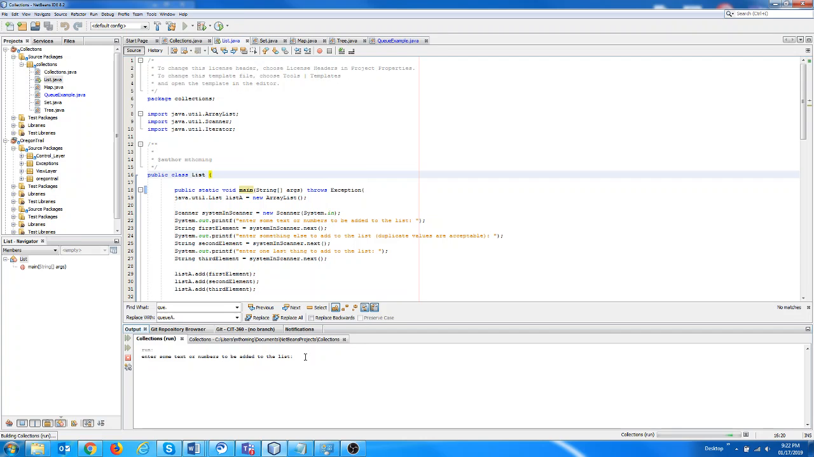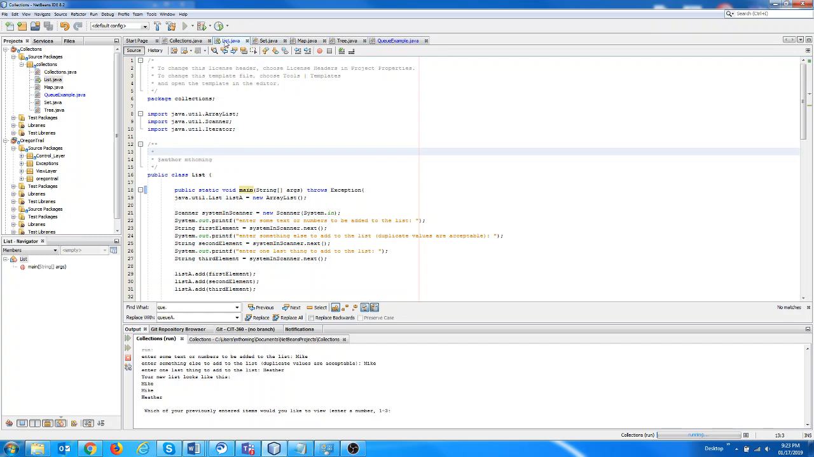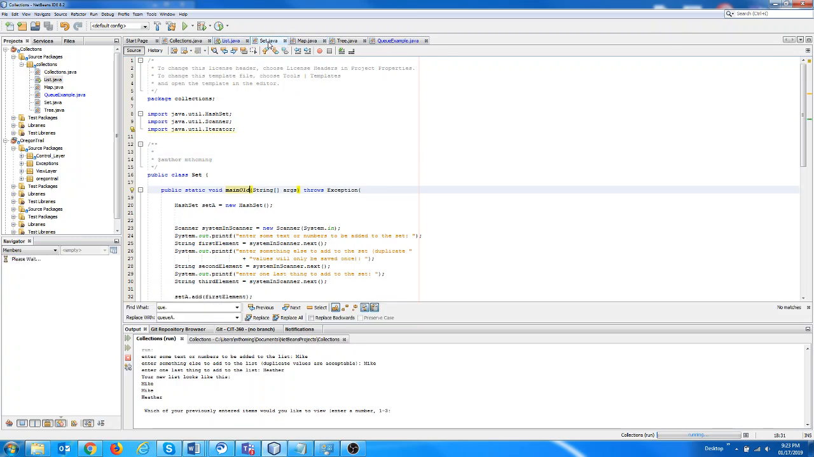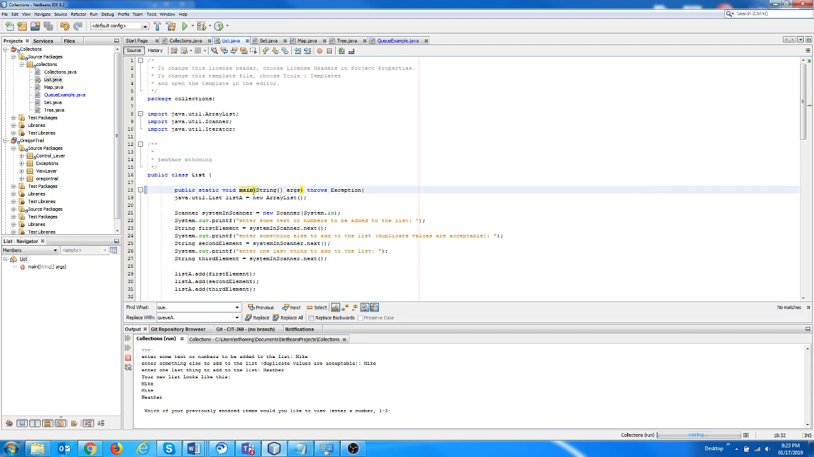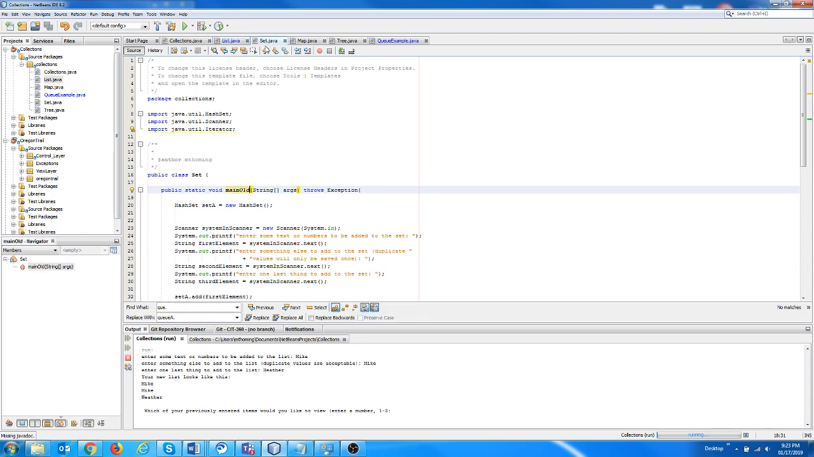Number of items to be added to my list. So I'm going to add Mike again, and I'm going to add it a second time, see what it does there, and then I will add Heather. Oh wait, what's going on here? That is a list. Dang it! I meant to go to a set. That's what I meant to do. Sorry. Rename that back. Save it. Set. Take that out. Now